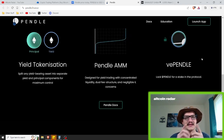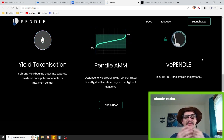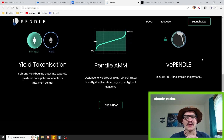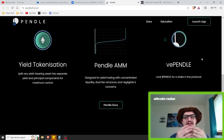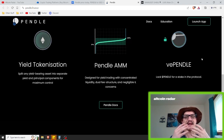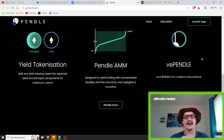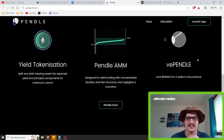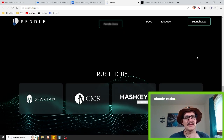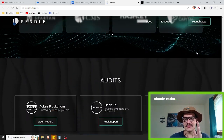Now, the next feature I want to talk about here is the yield market, all right? Pendle introduces a secondary market where users trade these P tokens, and this feature allows for the creation of a dynamic marketplace where yield can basically be bought and sold, providing users with additional liquidity and trading opportunities, all right? Now, the next feature I want to talk about here is integration with other DeFi protocols,